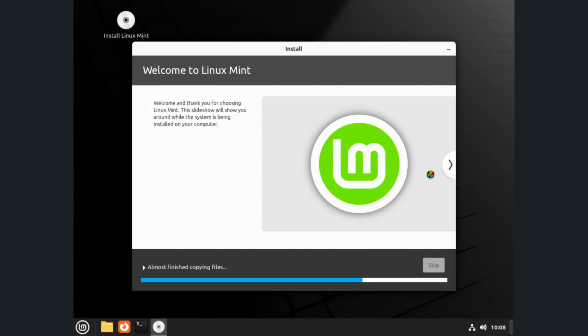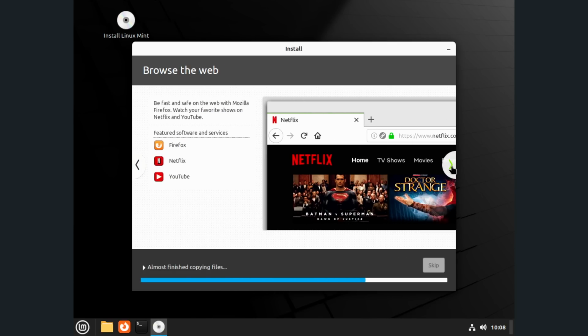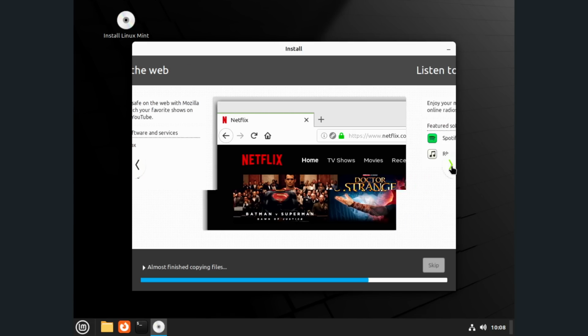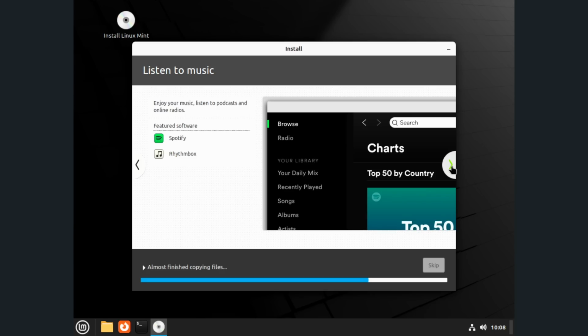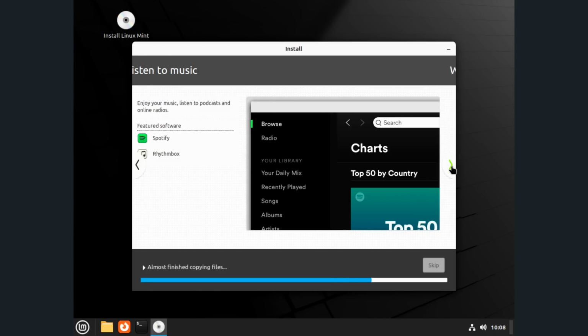Sorry, I came back again because I saw this. This is always a good way, if you're not familiar with a particular distribution and you want to get the short version of what it has to offer, to get enough information to give you an idea of what to expect. So we've had a chance to look at the install and some of the features. I'm going to look at the benchmarks next, but overall, Linux Mint,